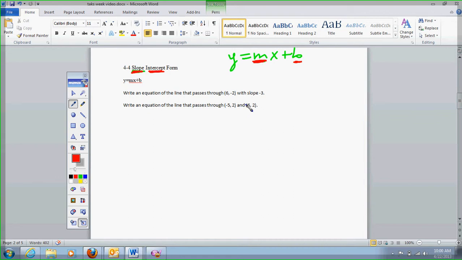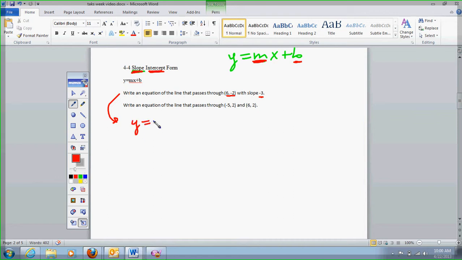And I think they'll both serve as a good review. The first one is: write an equation of the line that passes through this point and has a slope of -3. Well, what this tells me is, and I'm just going to draw a line down here,